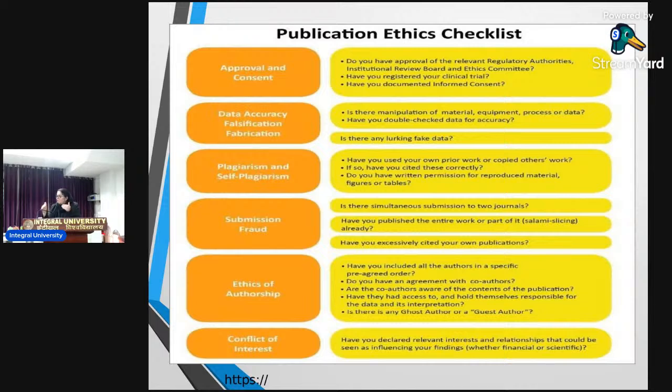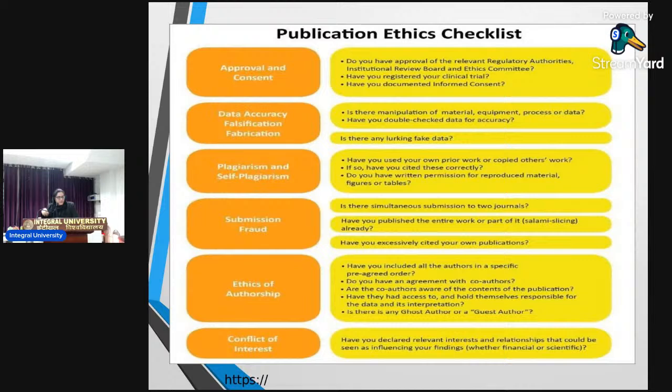Okay, so quantity of papers is not so important, quality is. So you should always strive for quality. Salami slicing is another malpractice which is associated with submission fraud. Okay, salami slicing. Like you had a carrot and you sliced it in multiple pieces. So the harm that we did here was that we made so many people read our 7 papers, and at the end of 7 papers they only got one result, one finding, which may or may not be significant, right?